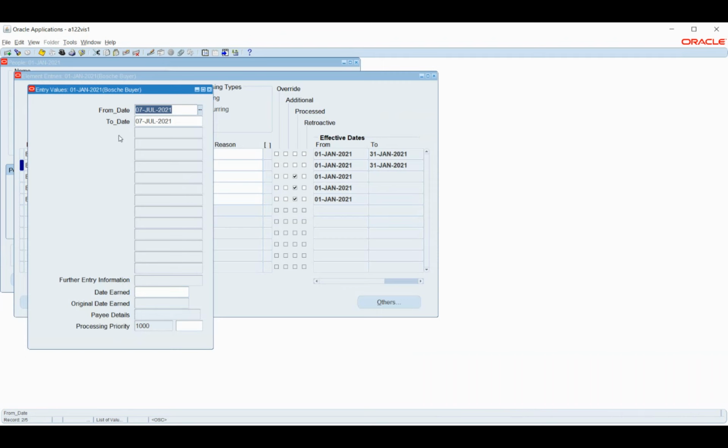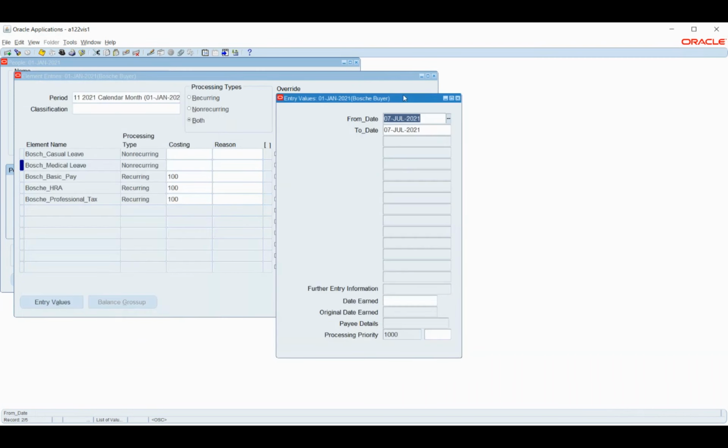In what case will I enter it here? Let's say there is an odd case wherein the employee is not able to log in to the system. Let's say he met with an accident, so he cannot give the information, and he passes it through mobile or mail or any other communication.